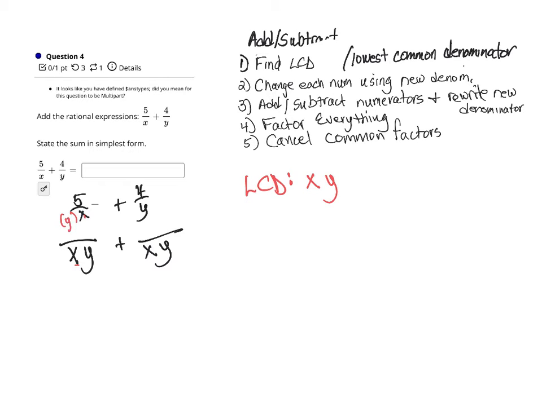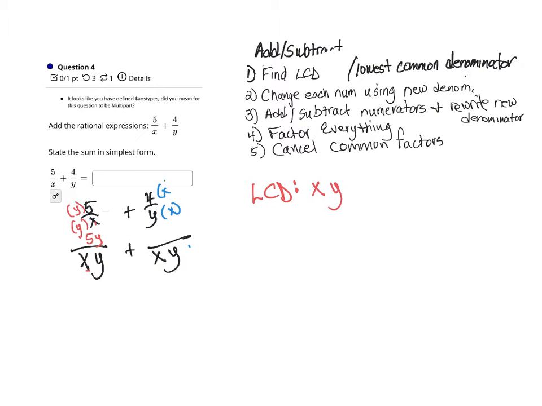So I would have to multiply that x by y to make it look like this. So that means I have to multiply the numerator by y. So that gives me a new numerator of 5y. Then over on this next fraction, I would have to multiply the y by x to make it look like this. So that means I have to multiply the numerator by x, so that gives me 4x. So now I'm going to add the numerators, which will be 5y plus 4x, and that's over the common denominator